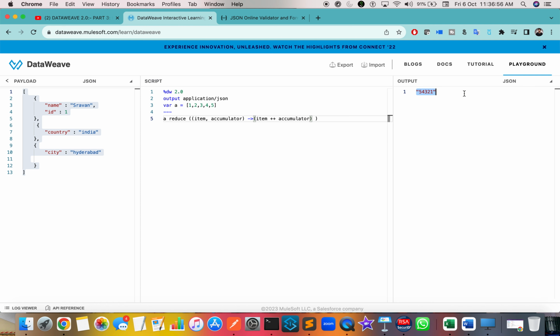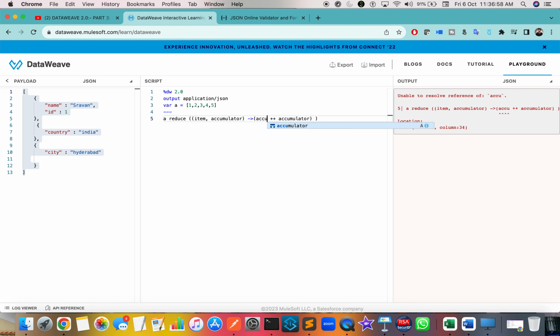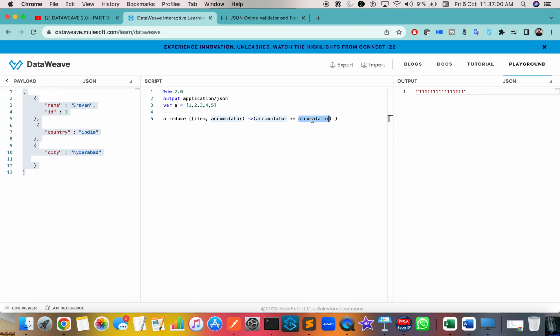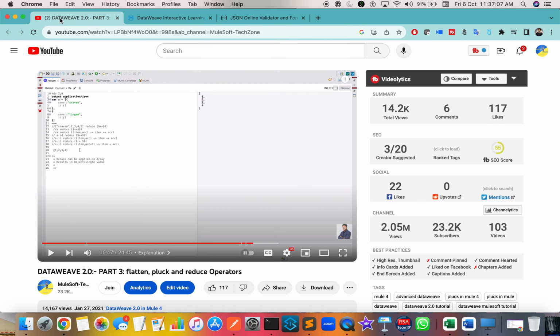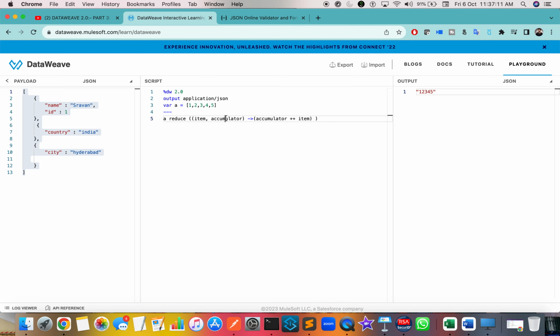Okay, it will give 5 4 3 2 1. Or what you can do is write first accumulator and then you can say item. For this particular item, you can add plus 3, or what you can do is here only, if you define accumulator equal to 3,